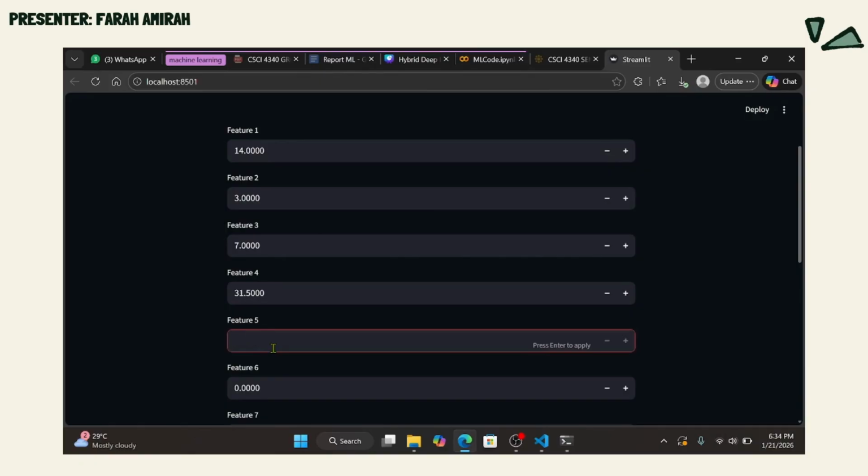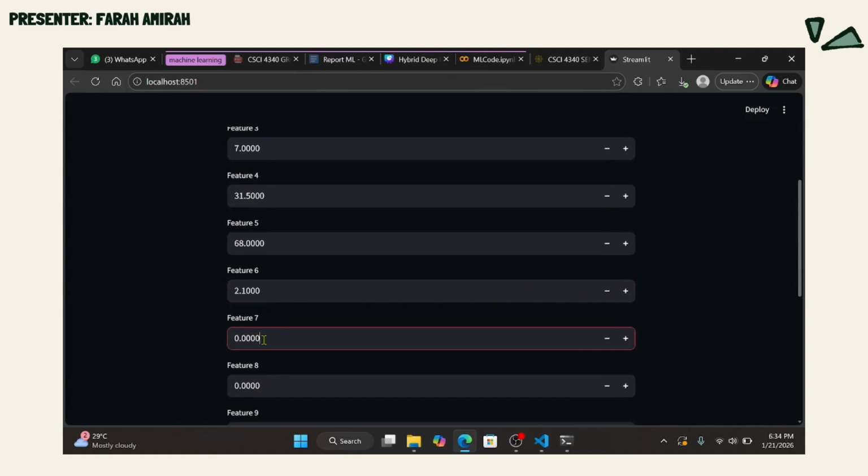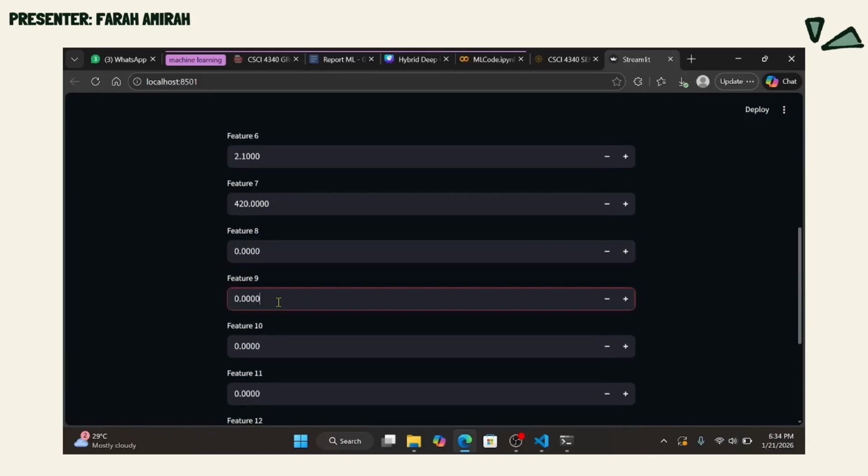And humidity here is 68%. Wind speed here is 2.1. Feature 7 is solar radiation, 420. Feature 8 is rainfall, which is only 0. Feature 9 is previous load, 3.25.